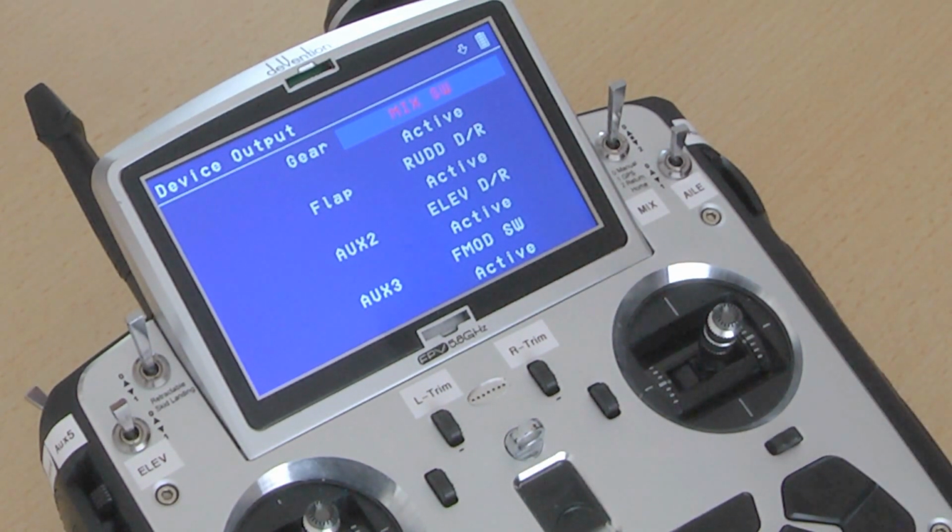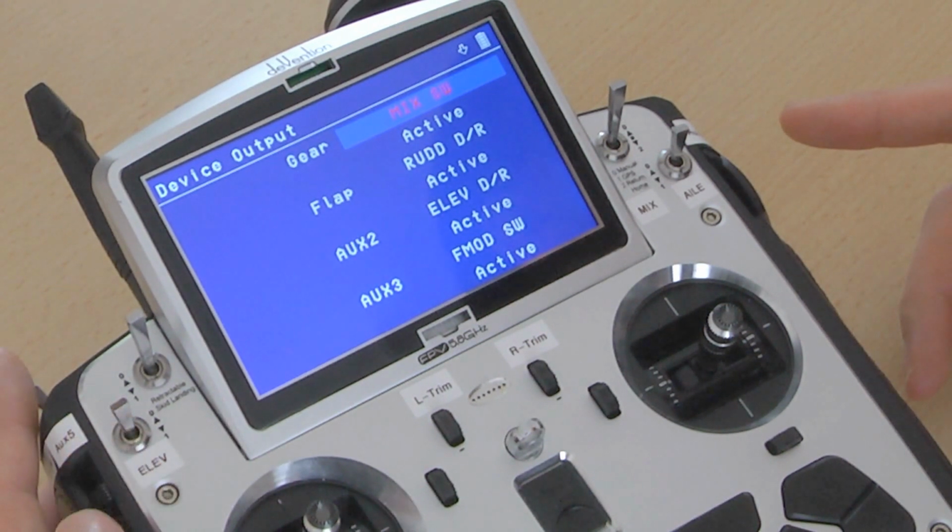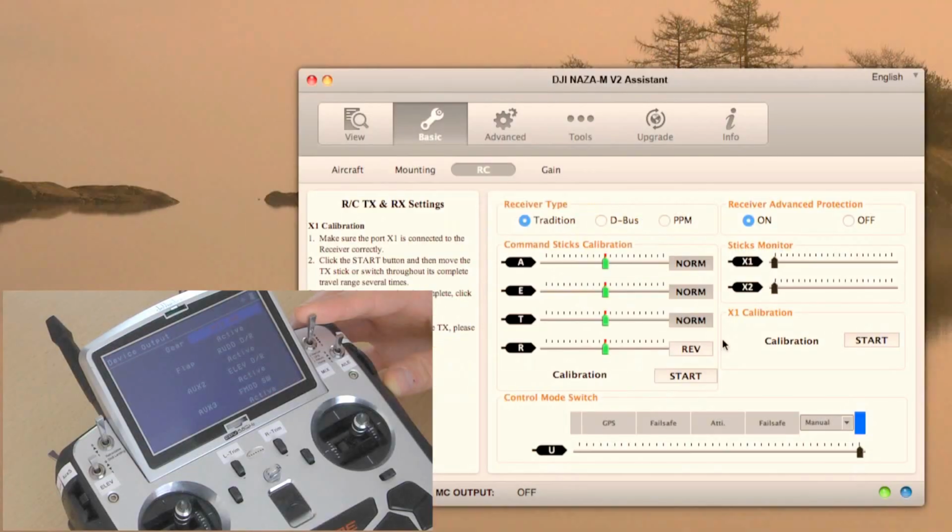And I will use the rudder switch to put the copter in failsafe mode. You may have recognized that the switches trigger the correct channels now, but that, for example, the flight mode switch does not select the correct flight modes. As you can see, on position 1 no flight mode is selected, position 2 is selecting the failsafe mode, and position 3 is also not assigned to a flight mode. That means that the values for the range and the position of the way it travels are not set correctly.